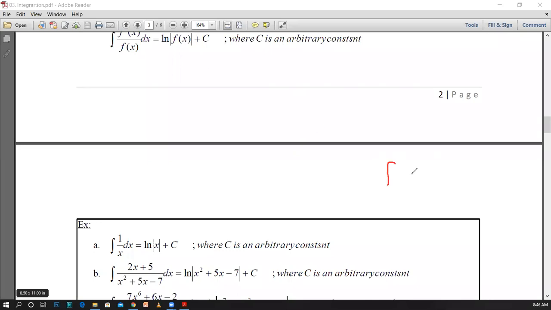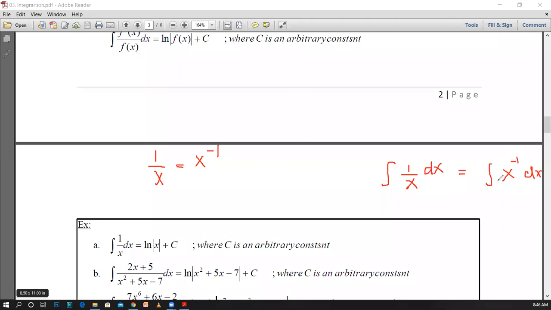And in the very first example, it is actually the integral of 1 over x dx. As soon as you see this form, you may think that you may be able to convert it into the form of x to the power n. If you convert 1 over x, then you can see that it is in the form of x to the power n, where n is equal to minus 1. Therefore, if you need, you can write this as x to the power minus 1 dx.